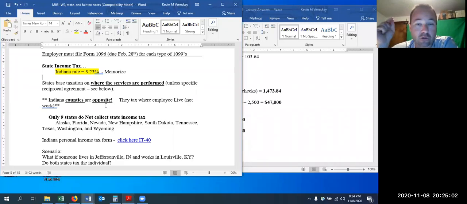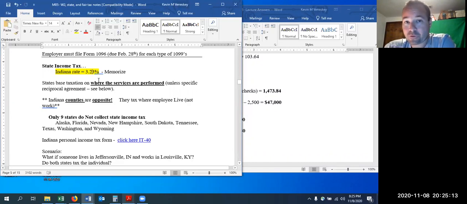If you would actually go in and look at your payroll stub, it's going to be pretty close, but not necessarily exactly 3.23%, depending on how many withholdings you had on your prior W-4s. That could be a little bit different, but it's going to be pretty close to 3.23%. So that's why I have us do that for this class.